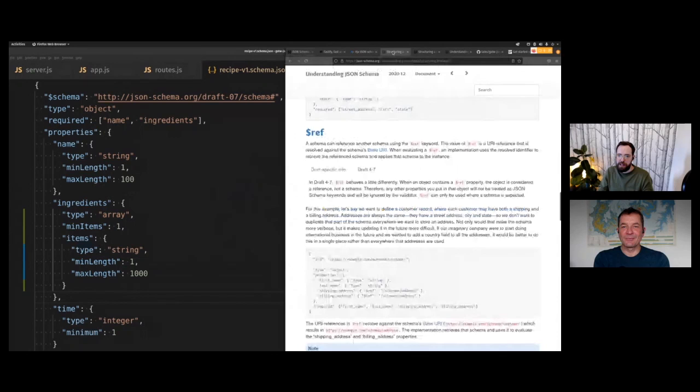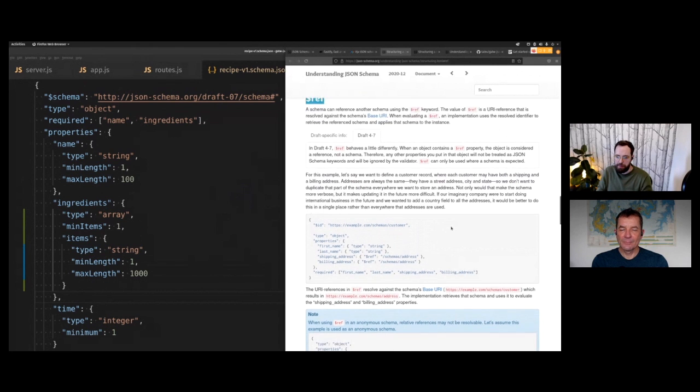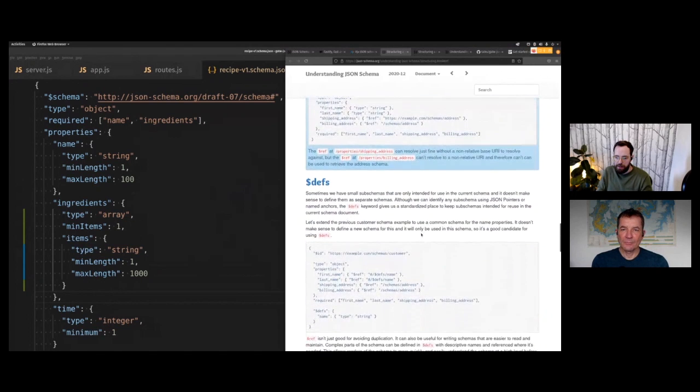For sure. So in JSON Schema, I think I mentioned briefly earlier, you can have references. So you can say where a schema can reference another schema. So this is Understanding JSON Schema, which is available through the JSON Schema website. It's a free online book. You can also get it in PDF format. And so we'd use this $ref keyword. That's how you reference another schema. So it gives the example here of,